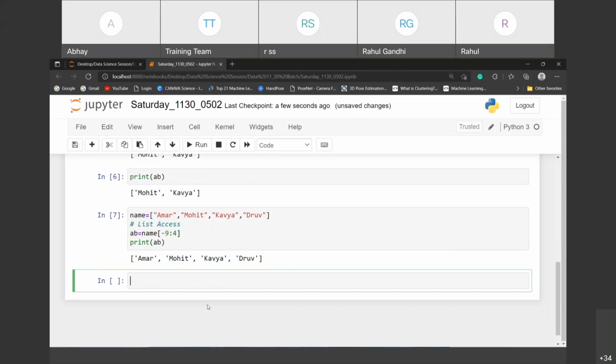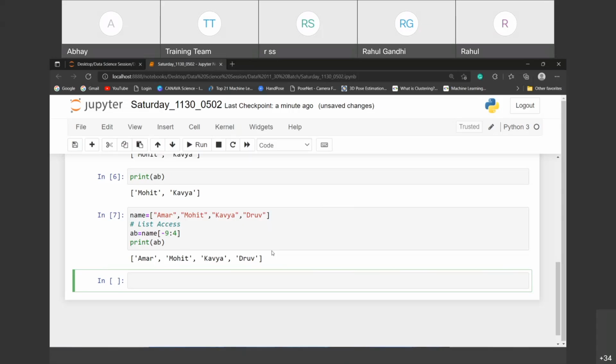Let's go for this. See this one? Why is this happening? Because your -9 goes out of the loop, no? But the second element says my fourth number, so 0 1 2 3 4, so it is also kind of an infinity loop. So he is also in an infinity loop. So in the middle part, who is there? The data from Amar to Dhruv. Are you getting it? That is the main thing.